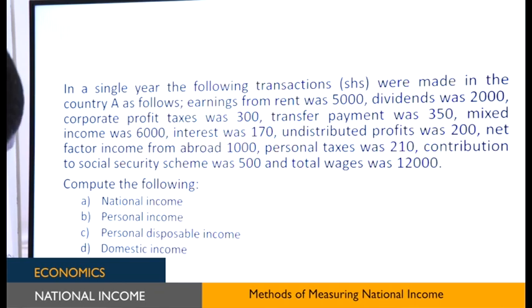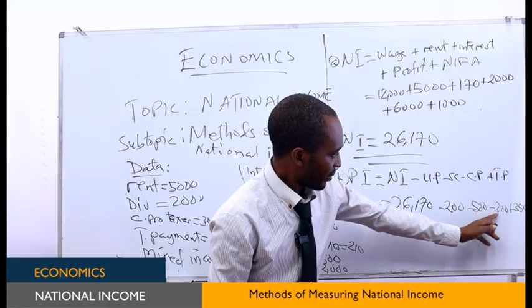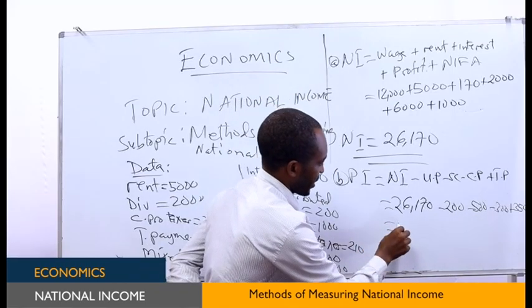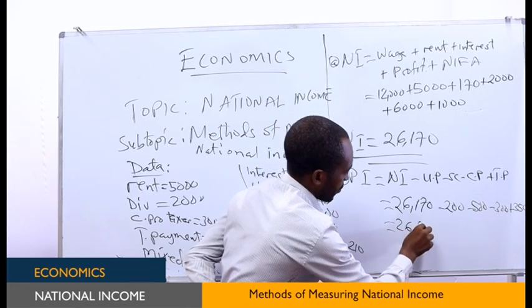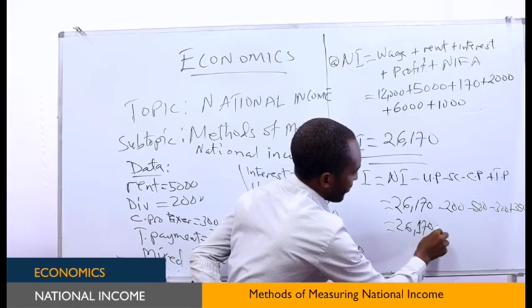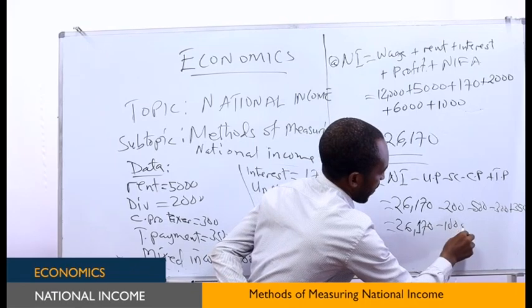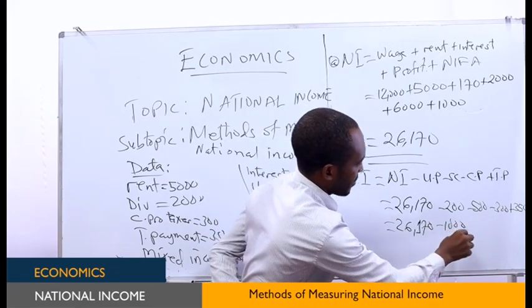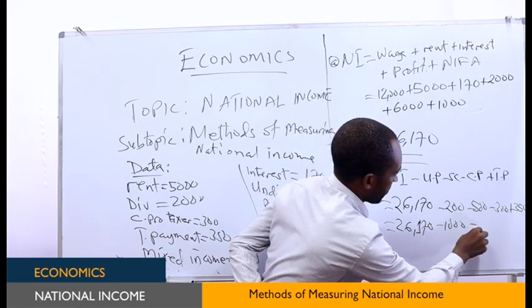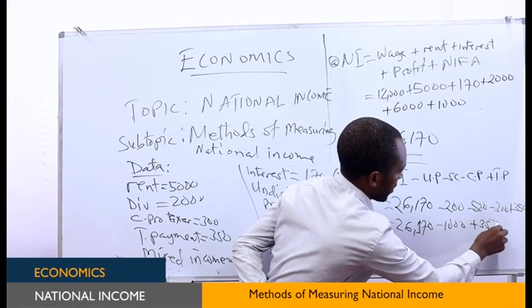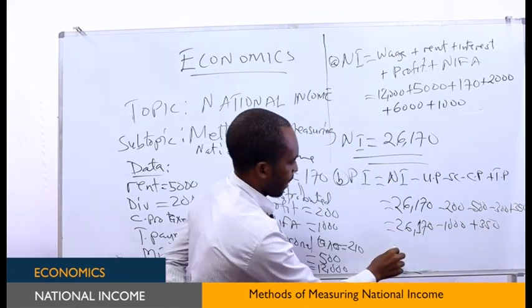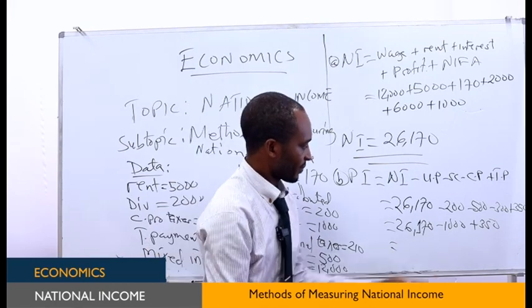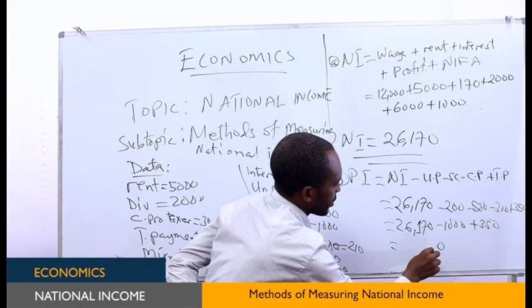So this one will be 1,000. So you take 26,170 minus 1,000. Then you plus 350. So when you subtract this one here, you remain with